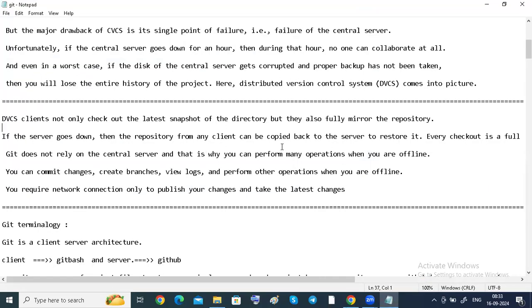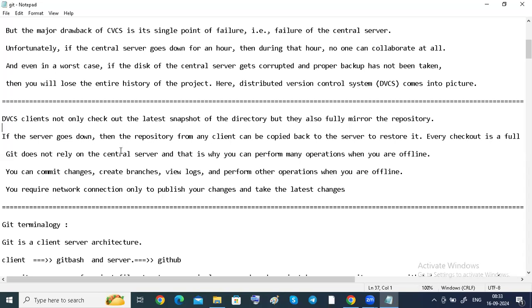Whenever their code changes, they are going to push their code into the remote repository. Or when they develop their code locally, they are going to share their code remotely. That remote repository is available in GitHub, guys.